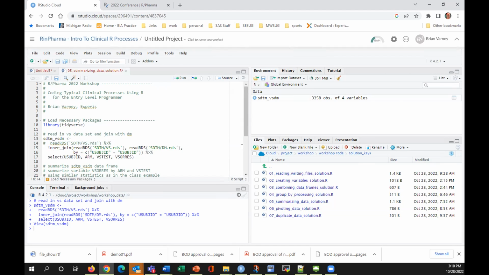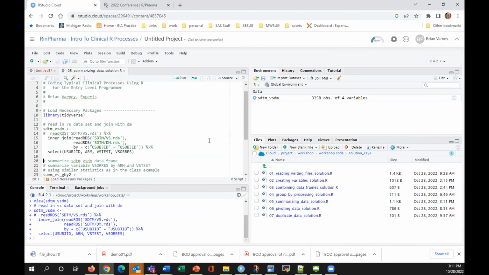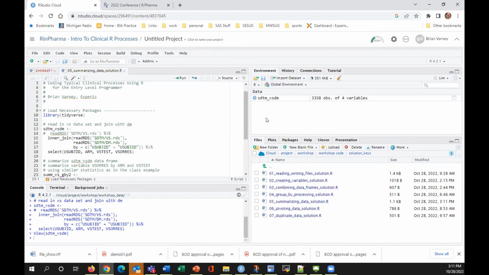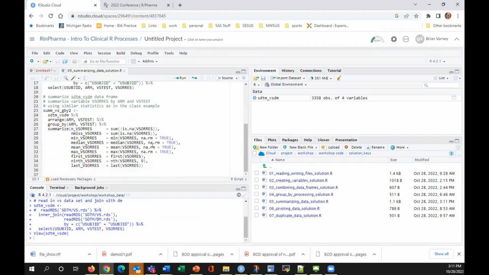It's a pet peeve of mine when code gets really wide and I can't see all of it, so I'm just wrapping it around here. Could even go more extreme. The person commented that I wouldn't even need to do the separate RDS. I could just start out with the inner join and go on from there. That's a capital idea. All right, so I've done the inner join and